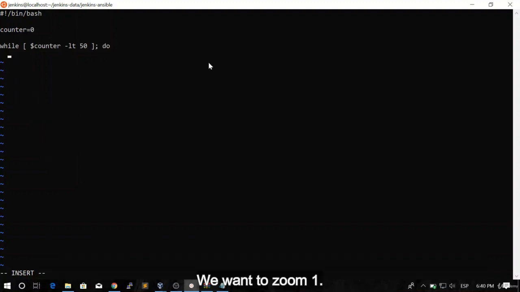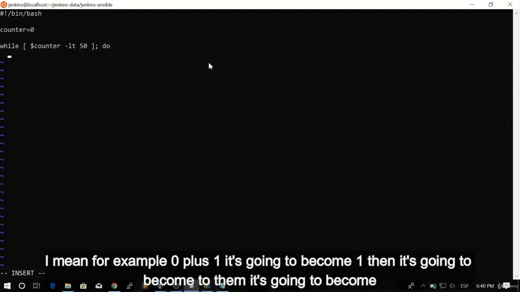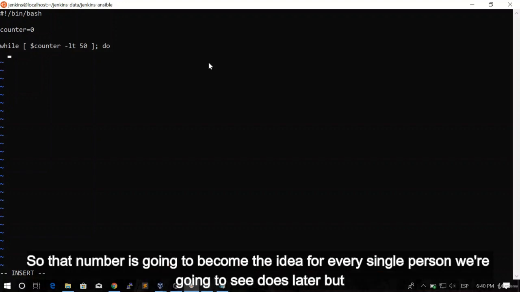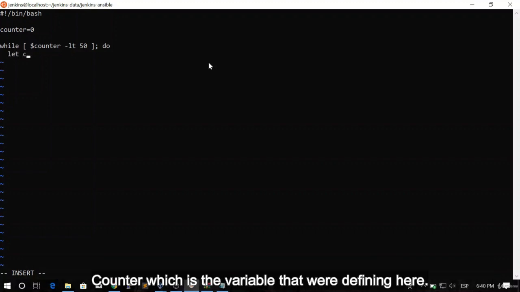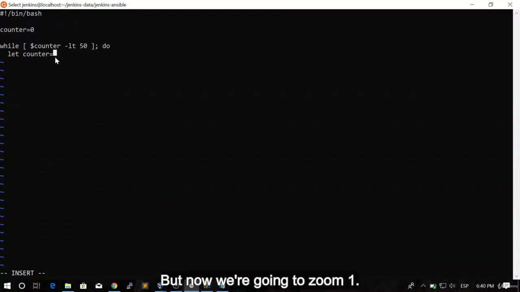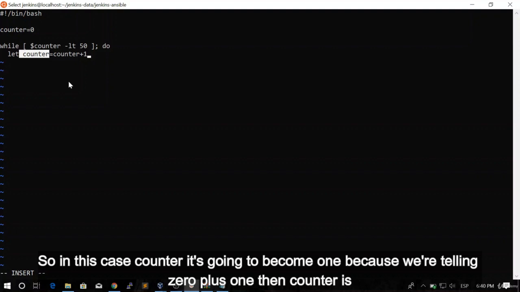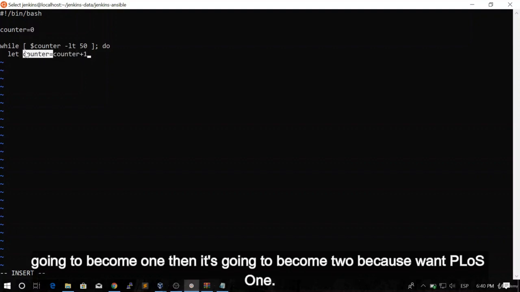We want to add 1. I mean, for example, 0 plus 1 is going to become 1. Then it's going to become 2, then it's going to become 3 on every single iteration. So that number is going to become the ID for every single person. We're going to see this later, but for now, let's do counter, which is the variable that we're defining here. We're defining it again, but now we're going to add 1. So we're going to say counter plus 1. So in this case, counter is going to become 1 because we're telling it 0 plus 1, then counter is going to become 1. Then